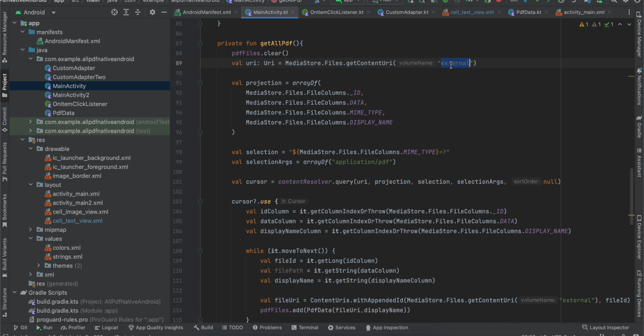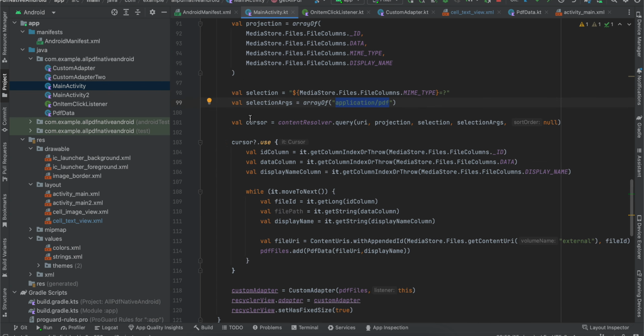Then we look into the external media store content URI, and here you can define what all types of file you want. So I want the data type, MIME type, as well as the display name. And here I am specifying the MIME type. So if you see, I'm specifying application/pdf, but if you want JSON files, you can just change the MIME type over here. And here I'm adding a cursor